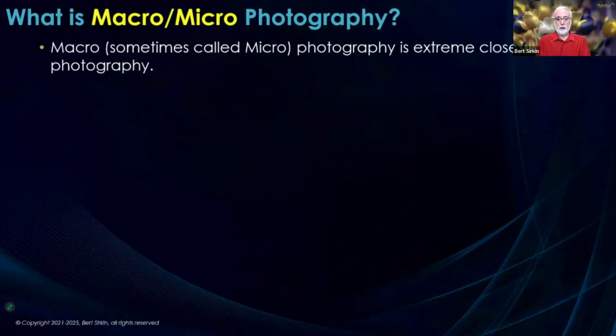Sometimes macro photography is called micro photography, and Nikon tends to do that. Their macro lenses are not called macro lenses, they're called micro lenses. But it's basically the same thing. We're not going to get hung up on semantics today, but basically we're talking about extreme close-up photography when we